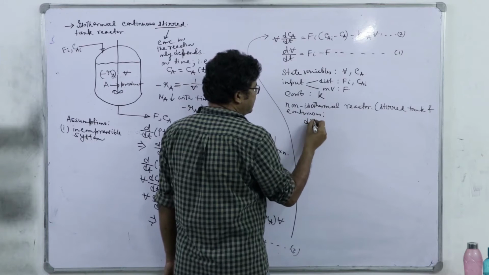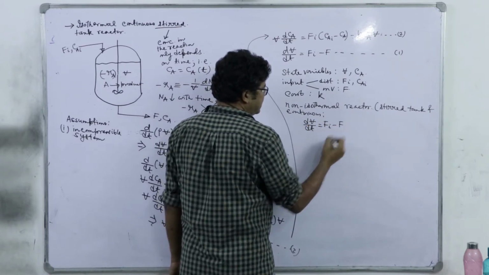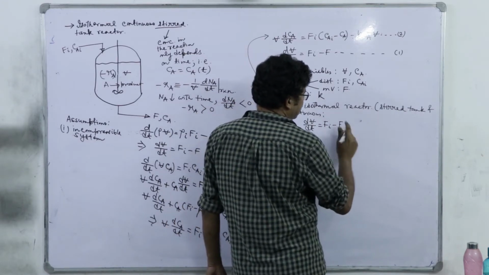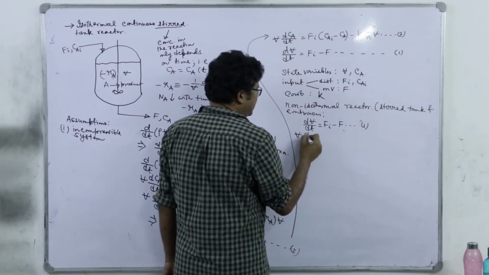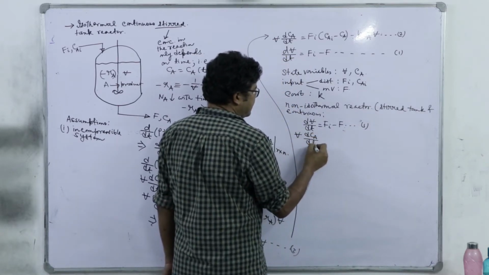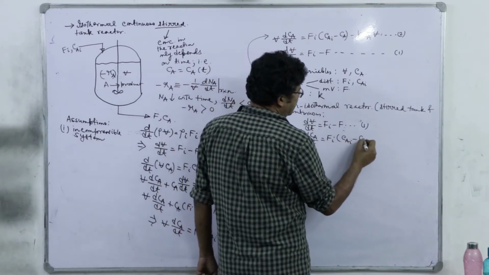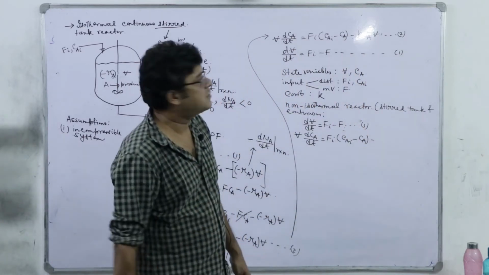Now, you see the first equation dV/dt will be equal to Fi minus F as it is. The second equation, V into dCA/dt equals Fi (CAI minus CA) minus, now let us consider it to be first order,